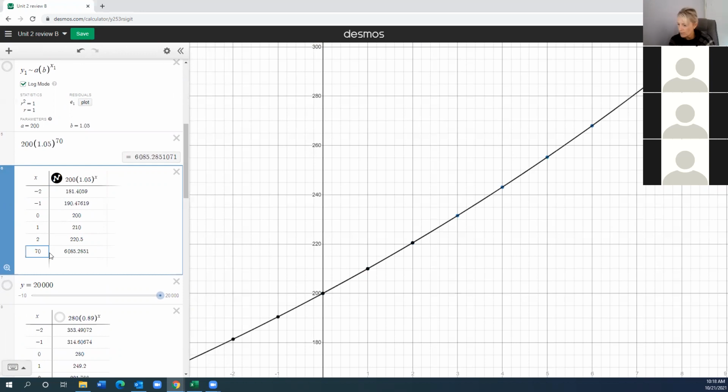It only works when you have the equation or the model from Desmos. Okay, then E says, when will the account be worth $20,000? So you can see right here, I typed Y equals 20,000. I'm going to turn that on. I turned my graph off just for the purpose of